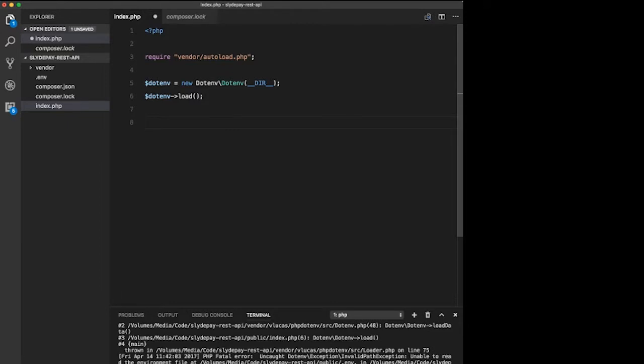Now let's boot up our actual Slim application. So we'll call it app equal new Slim\App, right? And we need to call app.run for it to actually kick off anything. So if I comment this line out and then create an actual route, so app get, let's call it